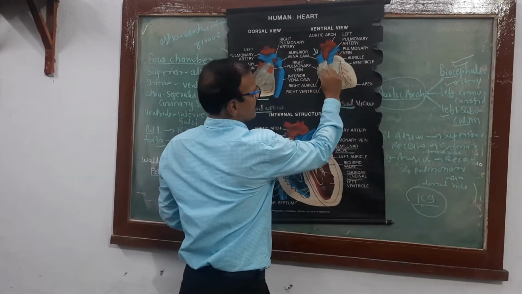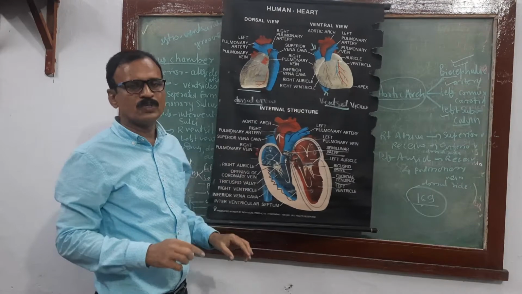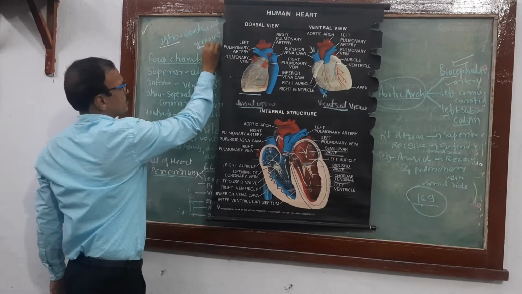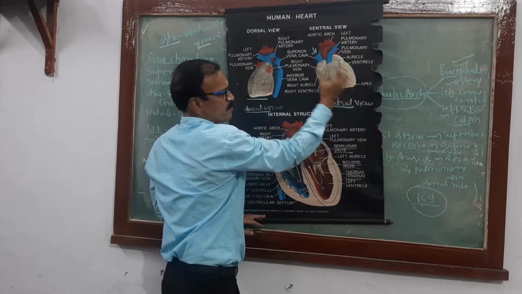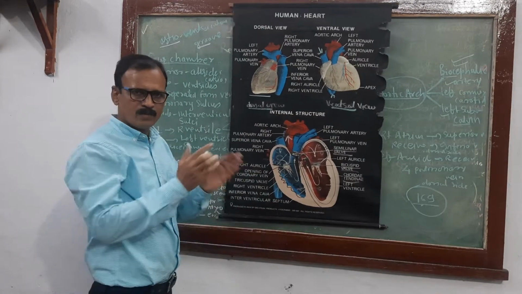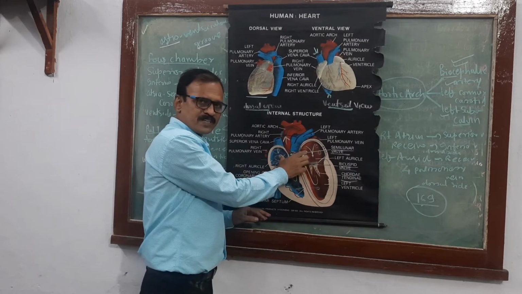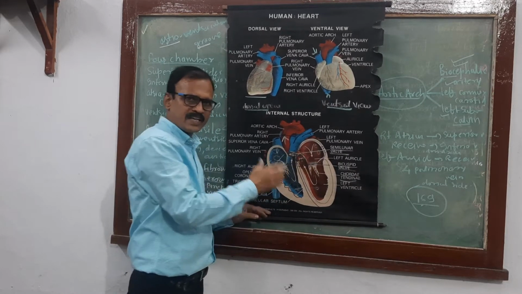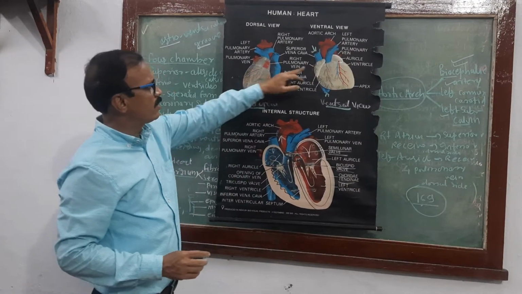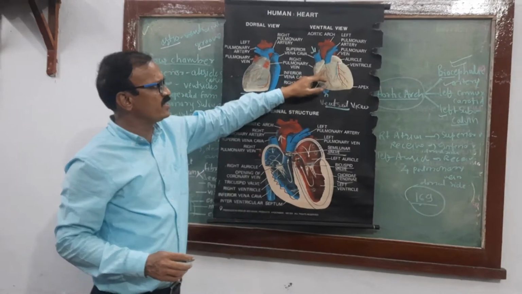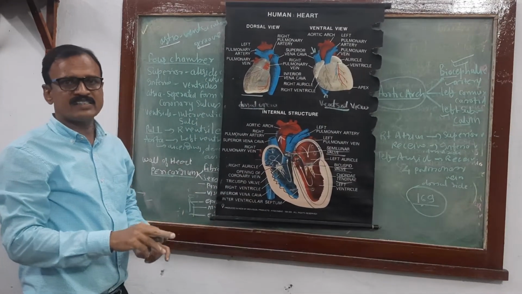Now, these auricles, when observed externally, are separated from the ventricles by a transverse groove. That groove is called the atrioventricular groove, or the coronary sulcus. What does it indicate? Auricles are separated from the ventricles. Internally, both auricles are separated from each other. You see the plate. These two auricles are separated from each other by the interauricular septum. But externally also there is a groove, called the coronary sulcus, meaning auricles are separated from the ventricles.